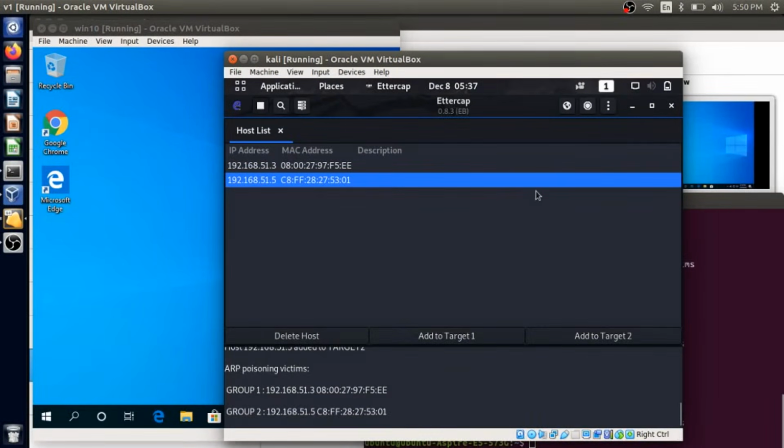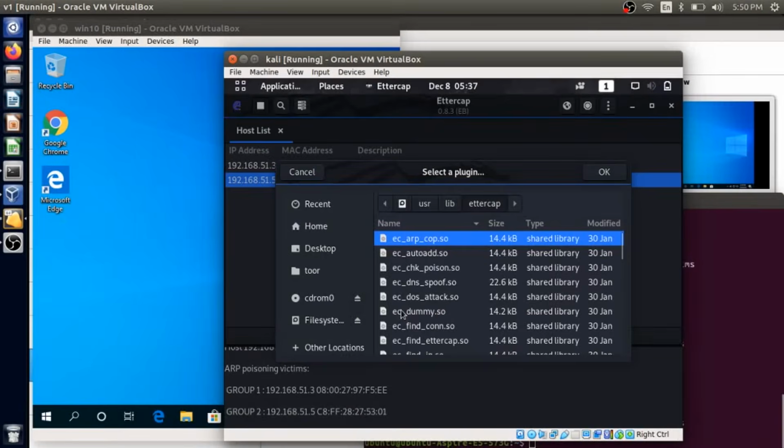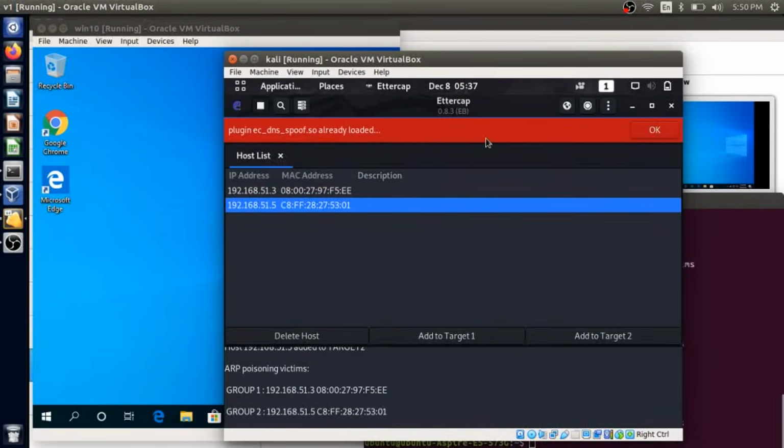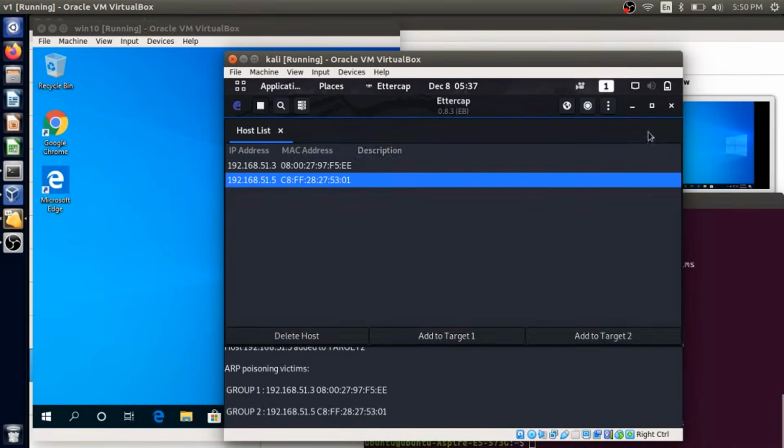Okay, it started poisoning, and we need to add the plugins. We need to add the DNS plugin. So load the plugin. Here it is. It's already added for me, so I'm managing the plugins.